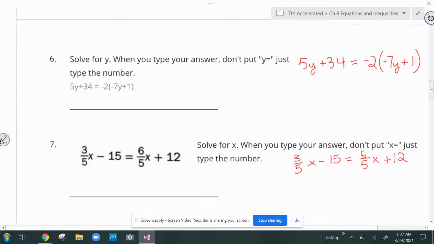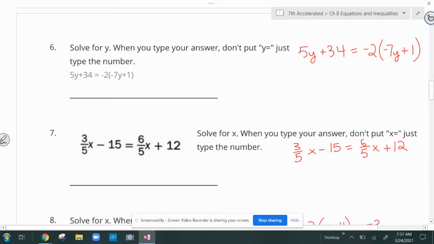Moving on. Okay, now this is one that we had trouble with a little bit because some people tried to divide by negative 2. If I divide this by negative 2, I got to divide this whole thing by negative 2. All right, I can't just pick out a piece of that side to divide. So what I have to do first is distribute. In certain cases, it's better to distribute than to divide by that negative 2. All right, so I get